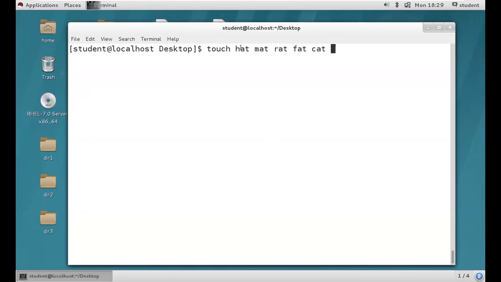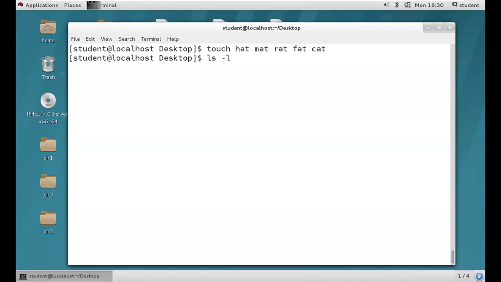Okay. So for example, coming to hat, the first letter is different, and the remaining is "at". Here also, the first letter is different, and we have "at" in this word. Here we have the same: the first letter is different, and "at" is there. The f will be here, and "at" is there. So cat. Now hit enter.